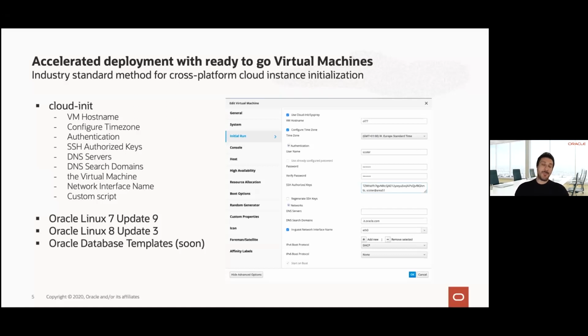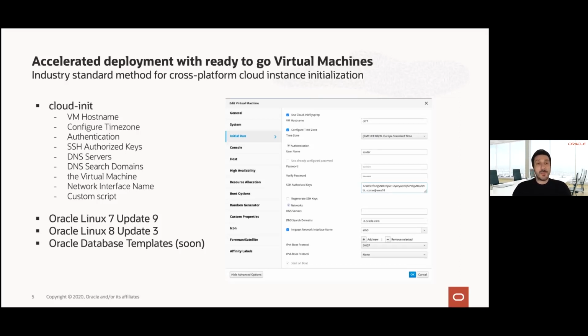The entire automation, or the entire configuration, during the first boot of your virtual machine is managed by Cloud Init. Cloud Init is the standard automation model that today is leveraged by many of the most important cloud vendors. And among them, obviously, we also have Oracle Cloud Infrastructure.